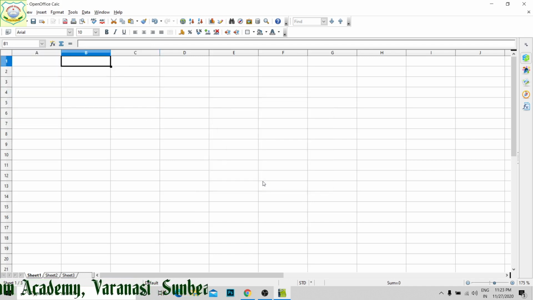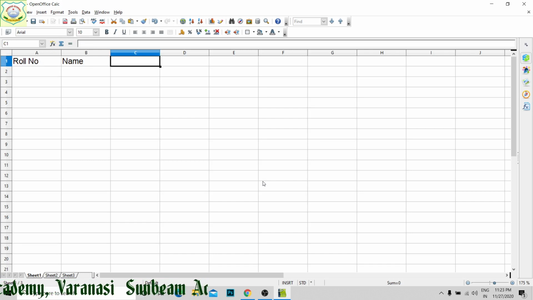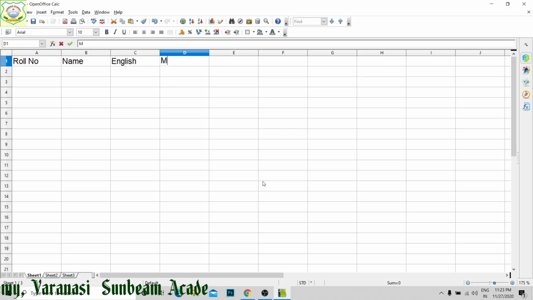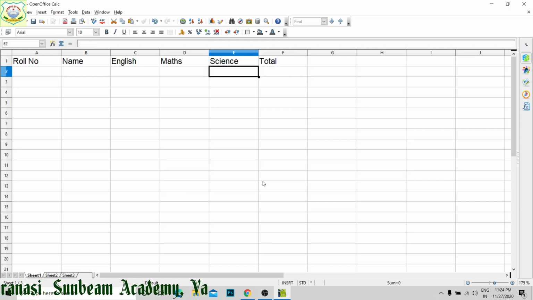Then the first is given roll number, so I have taken roll number, name, English, Maths, Science, total. This we have to do.